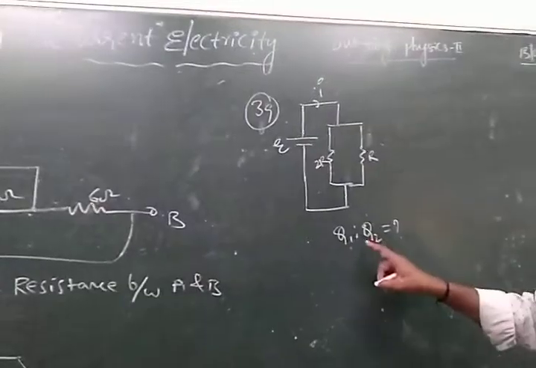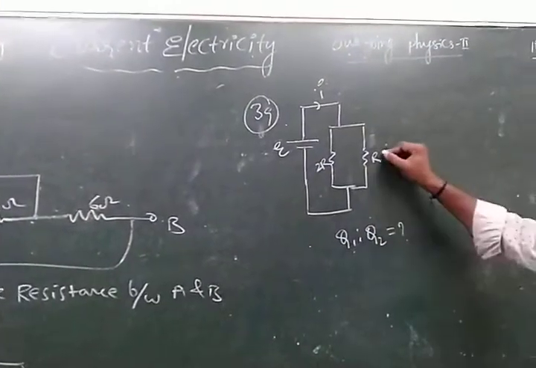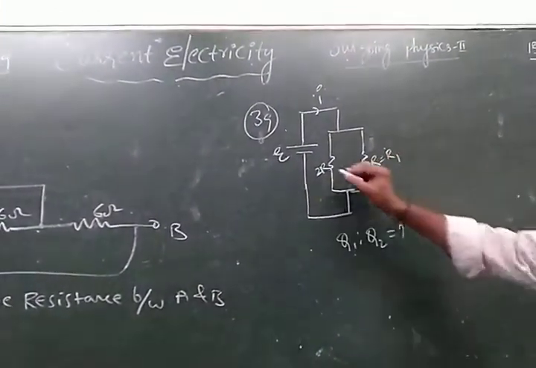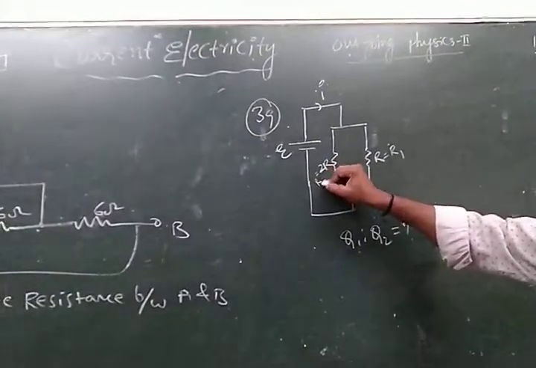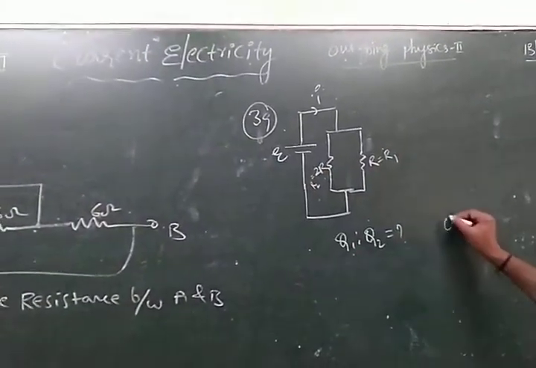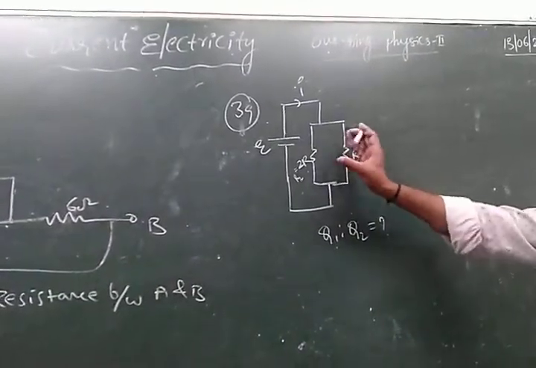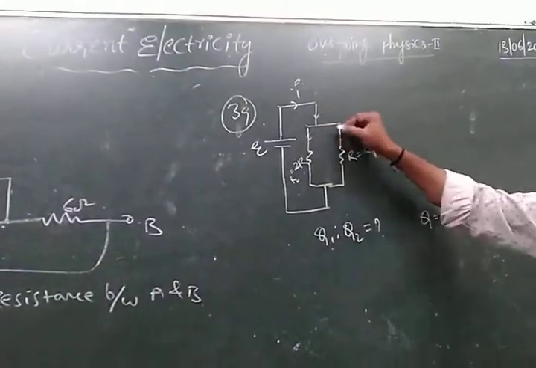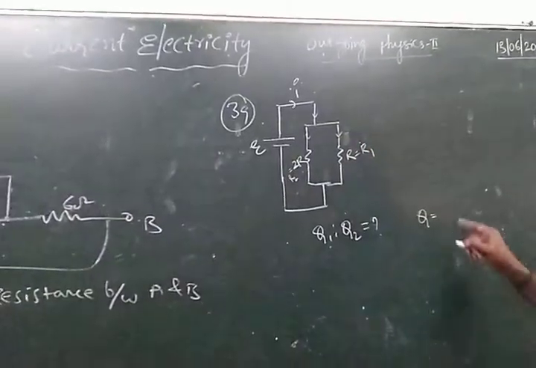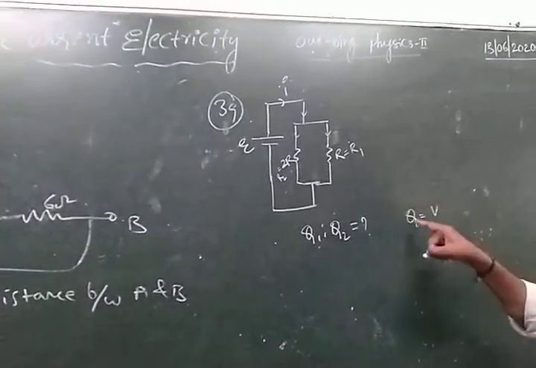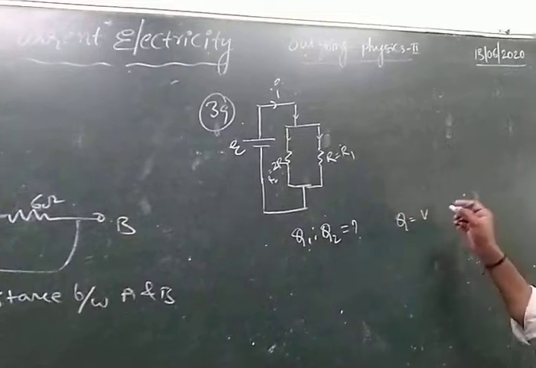Actually, for the heat generated ratio, this will be considered as R1 and this will be considered as R2. The two R resistors are connected in parallel. Why? Because the current will be divided into parts. So that's why, for the heat generated across the resistor, the formula is